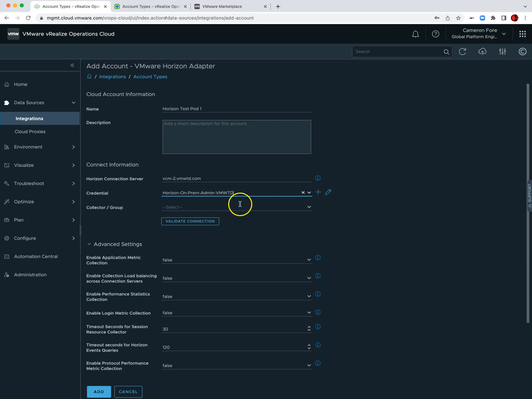The next piece is the collector group that you're going to assign it to. So the way the architecture works in VROPS is that usually you're going to have your main VROPS cluster, but you're also going to have what they call cloud proxies, which is basically just a proxy. It doesn't matter if they call it cloud proxy, it doesn't mean it has to be in the cloud. But effectively what you're doing is you need that proxy to be able to communicate with the Horizon connection server, right? So one piece is the connection server can talk to the proxy,